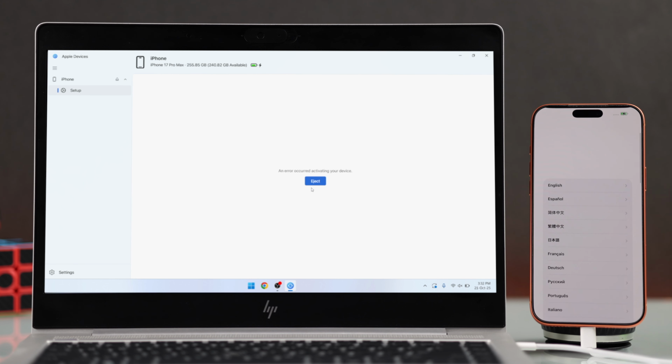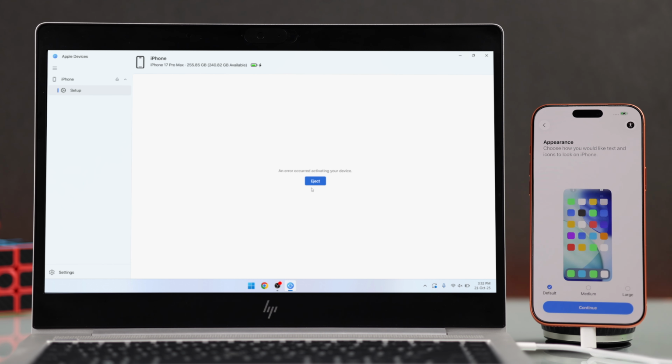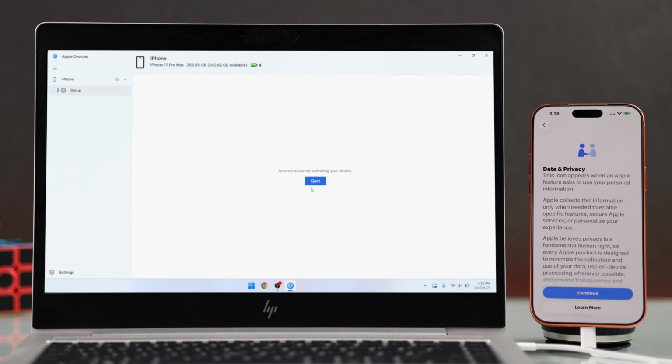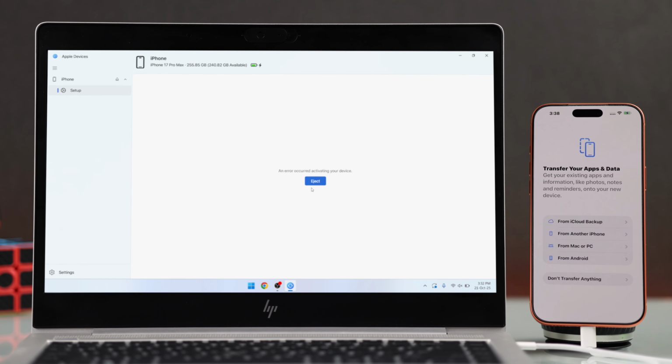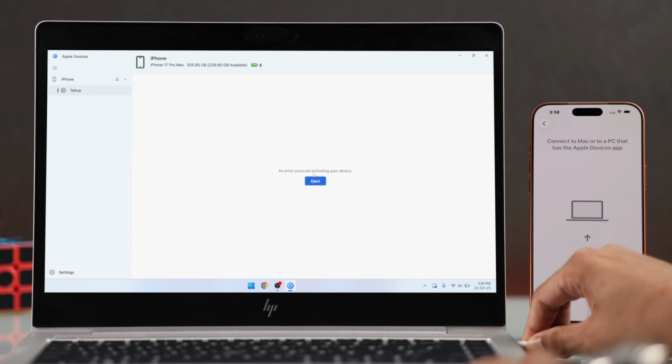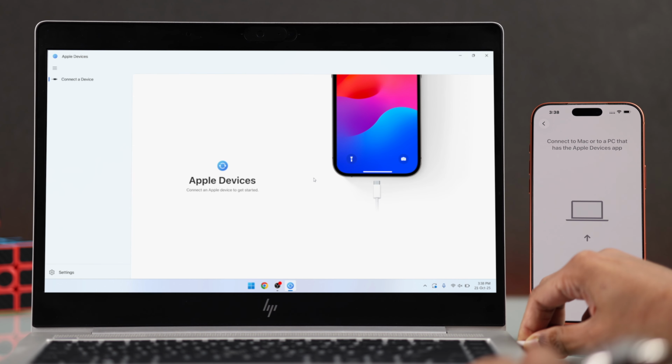So don't worry, swipe up, go through the setup process, and now to remove the activation lock, just put in your Apple ID and passcode. There you go. Also during the setup, if you have a backup of your iPhone on your PC, you can select Restore using a Mac or a PC, then disconnect it from your computer, reconnect it,